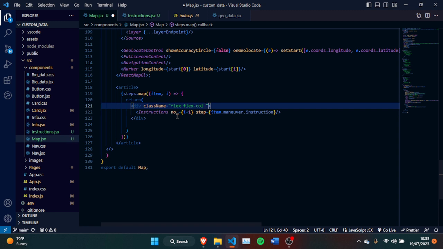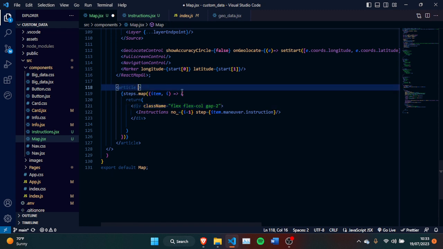flex column and a gap of 2. And also I can give this a background of dark, just slate 800, rounded of large or medium, and padding X, we can give it some padding, so let's do a padding of 5, and the padding Y we can just do padding of 3, like so, and